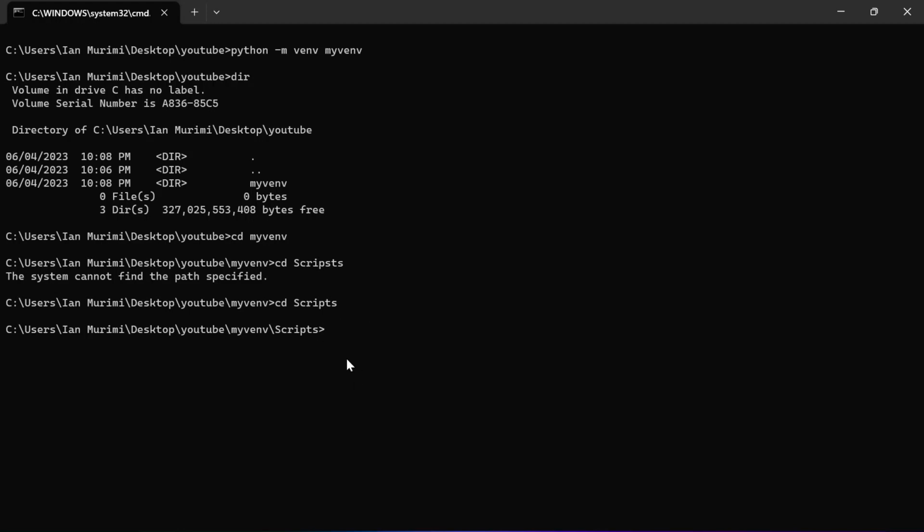And then I will activate the virtual environment using this command, activate.bat. Now you can see the command prompt has changed here. You can see myvenv, and the virtual environment is active.